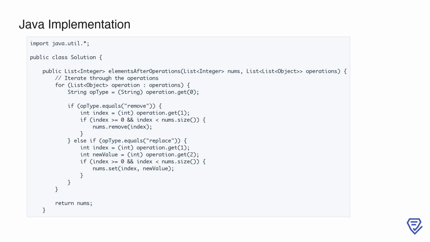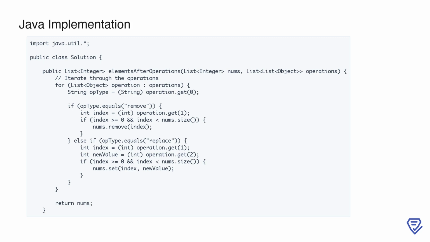Here, we begin with the definition of the elements after operations method, which takes two parameters, a list of integers called nums and a list of operations represented as lists of objects. The goal is to either remove or replace elements in the nums list based on the operations provided. We start by iterating through each operation in the operations list. For each operation, we extract the operation type using operation.get(0), which is expected to be a string, such as remove